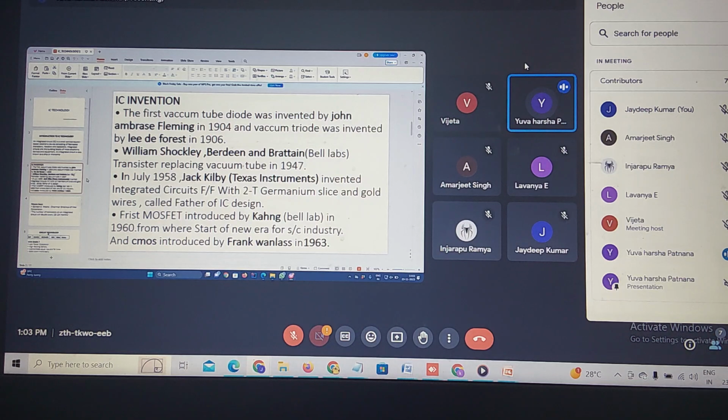Then I will discuss IC invention. First, the vacuum tube diode was invented by John Ambrose Fleming in 1904, and the vacuum triode was invented by Lee De Forest in 1906. Then after this invention,